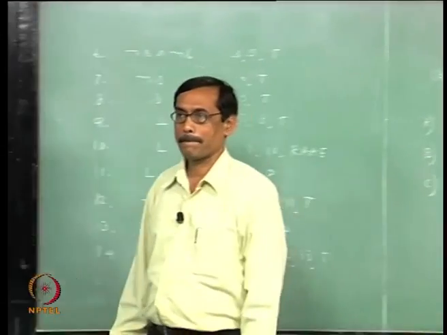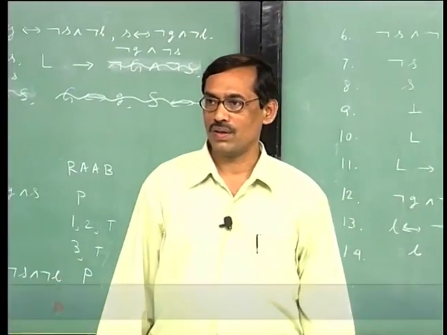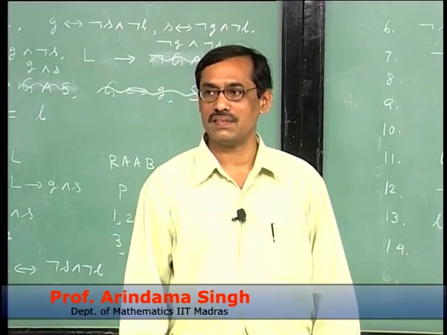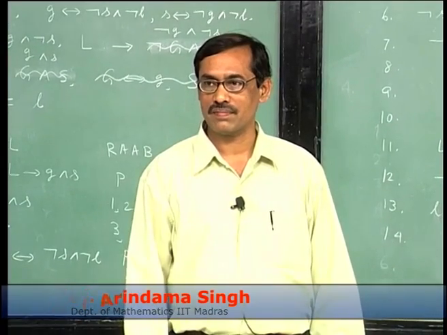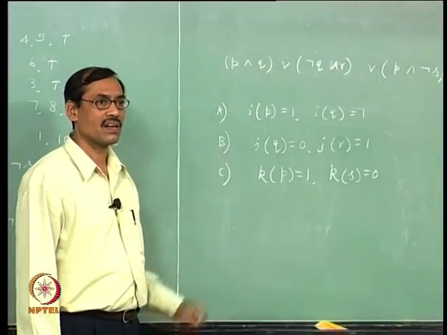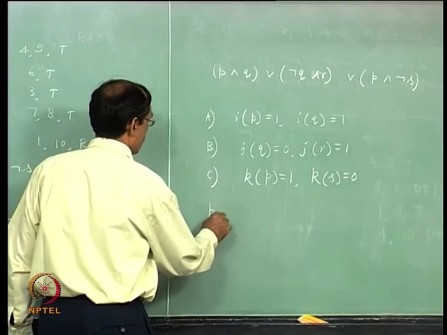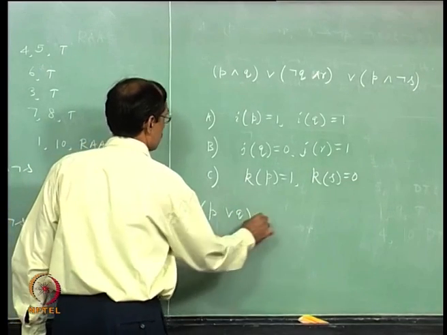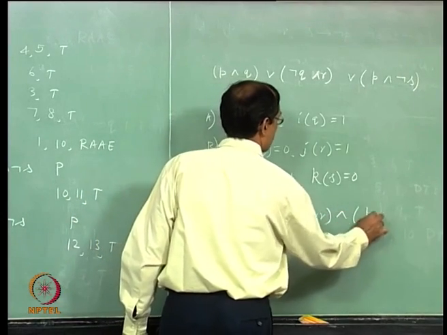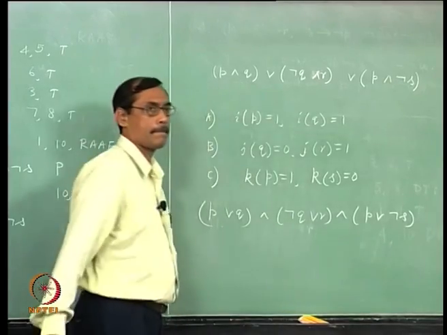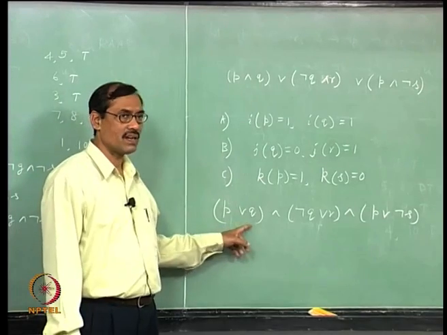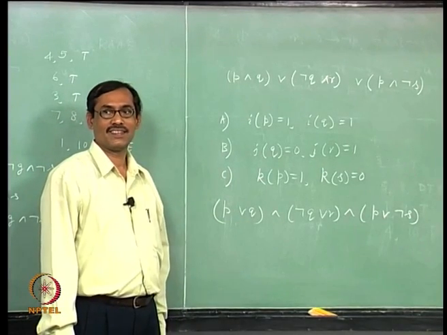Yes. From this we cannot get the number of models. No, you have to go further, right. You have to go further, finding out all the possibilities, that will give you the number of models, fine. Now, suppose I change the ORs and ANDs here. Now, I consider P or Q and not Q or R and P or not S, keep everything else as it is. The same way you can find the non models of this, just think about it.